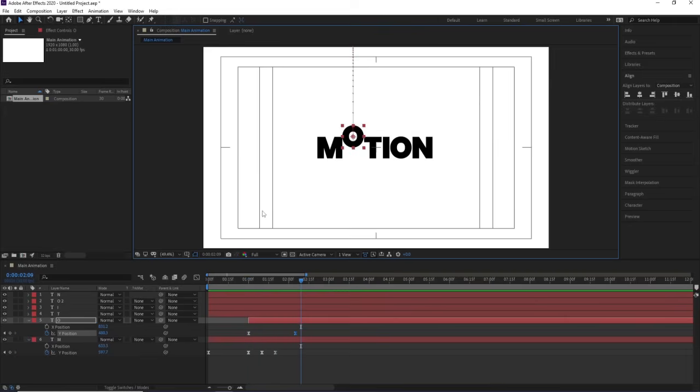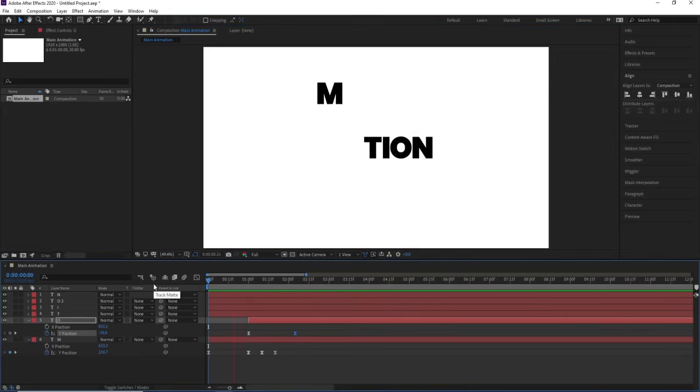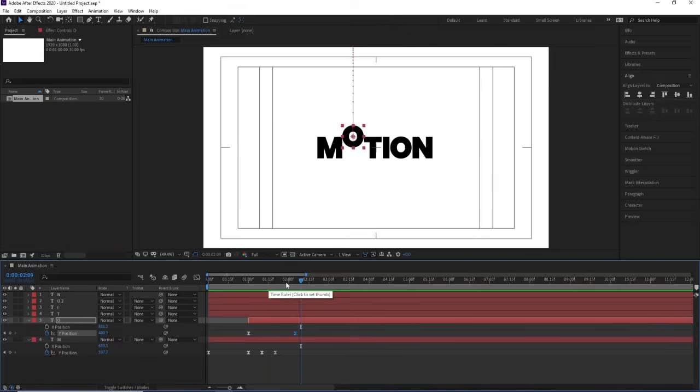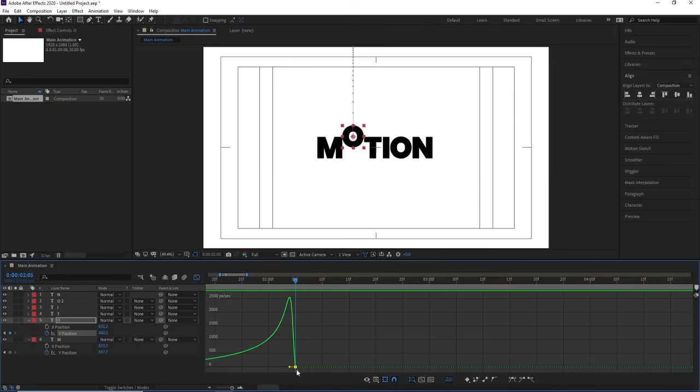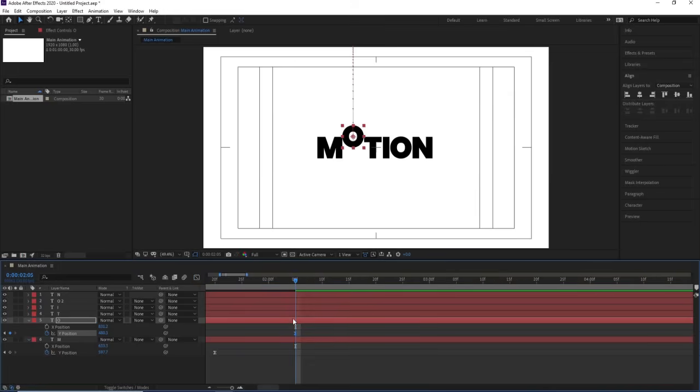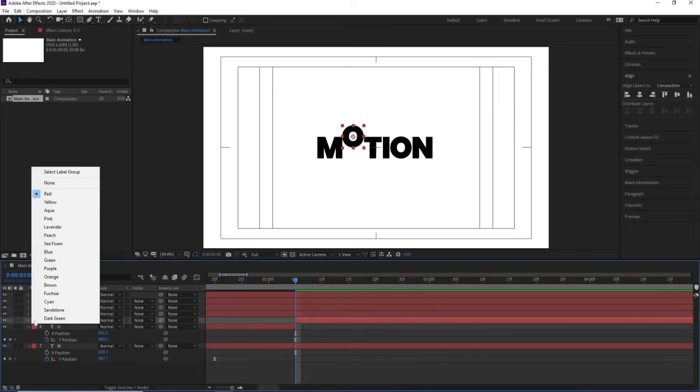Okay, so you will get this. So first this and then this. Now at this point, when this is touching this, let's go to the graph. Let's see, we will make it completely like this. At this point select this O and press Ctrl Shift D to split this layer, and I'm going to change